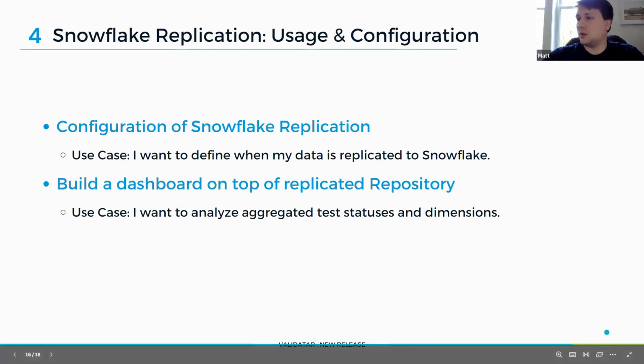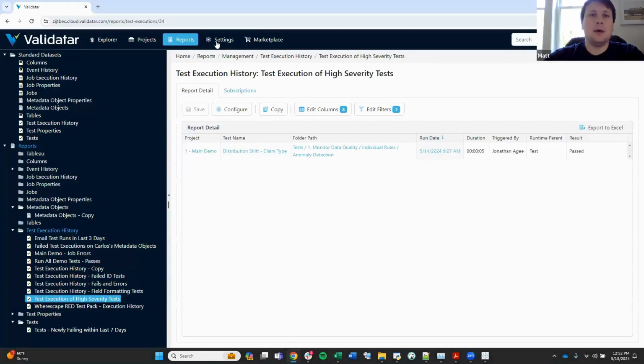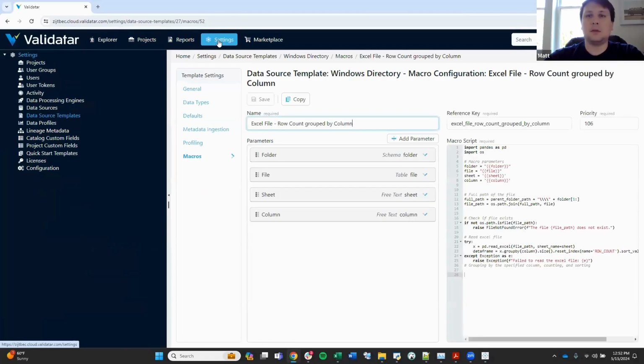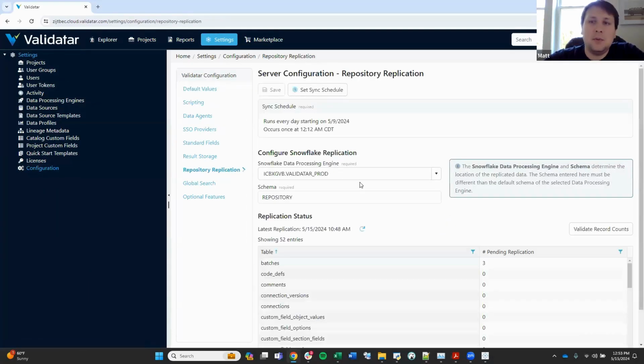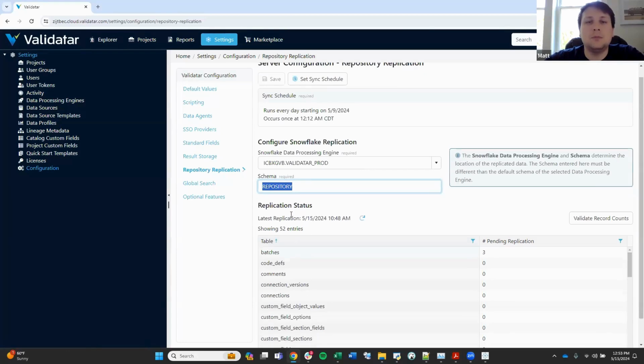So I'm going to go ahead and pop over one more time and come to our settings area. So in order to configure replication of your repository, that's in settings, configuration, repository replication. And here, what we have set up is we just choose one data processing engine that you are using. Again, it's typically going to be your main Snowflake processing engine. And then you have to provide a schema where you want those tables to be replicated to. And so the default here, repository, should work well for most folks, but you could rename it if you have